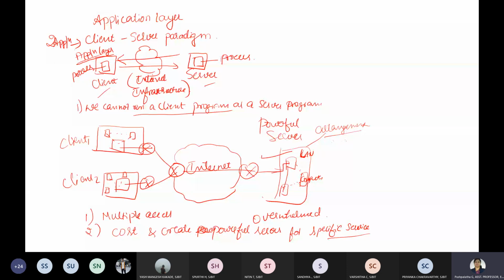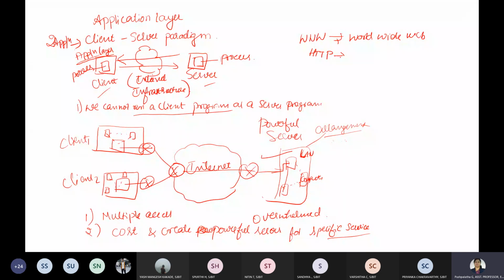And we have several services here, which include www, which I think you all know is World Wide Web. And we have something called HTTP. What is HTTP? Hypertext Transfer Protocol, right?